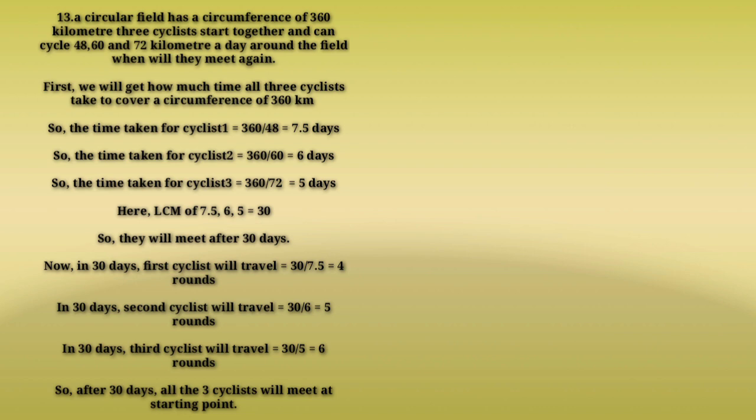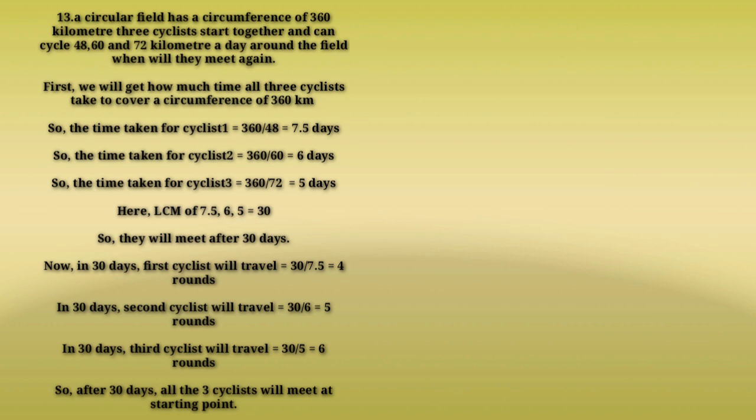Students, this is a very easy question. What you have to do over here, the total distance they have to cover is 360. All the cyclists have different speeds. So we can conclude how much time it takes each cyclist to complete the round, such that they will meet once again at the same point. So students, here the first cyclist